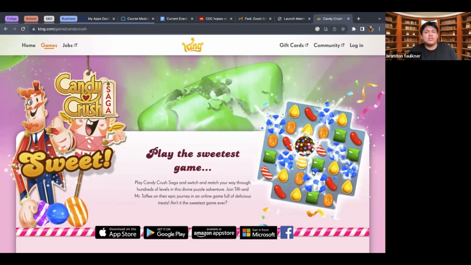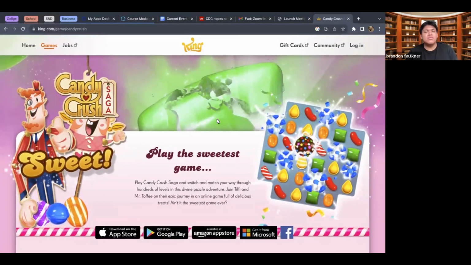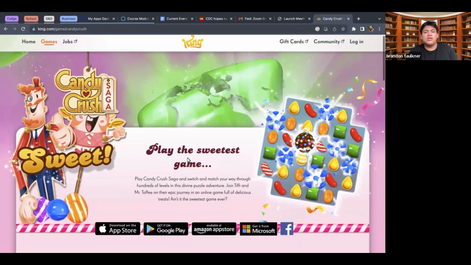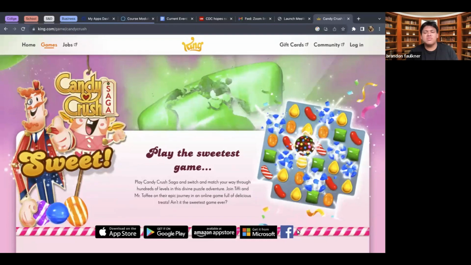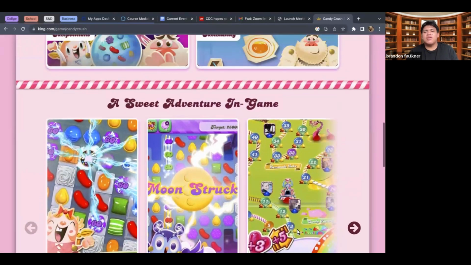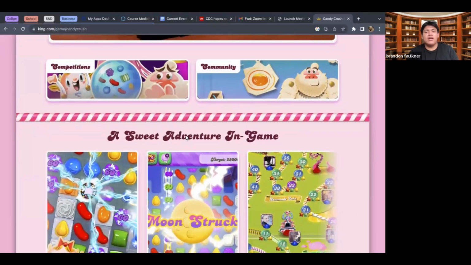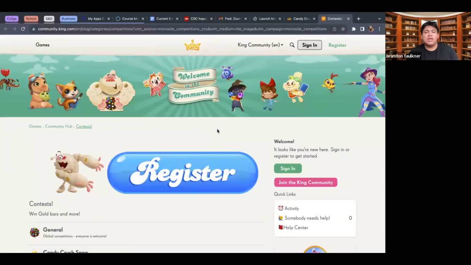On top of that, scoring in this game, such as leaderboards, will be kept in information on Facebook. So if you're really into the game and you really want to keep track of your score and where you place on the community ranking boards, you can check Facebook for that information. Candy Crush has been around for quite some time now, and there are various different competitions along with communities that have been built around the game.